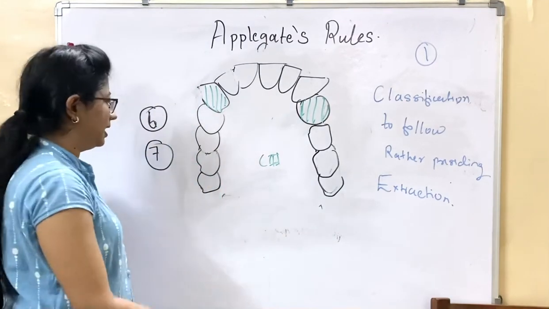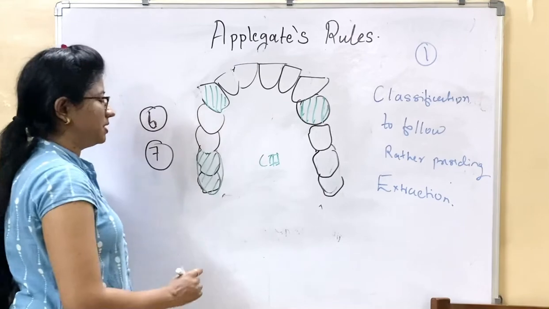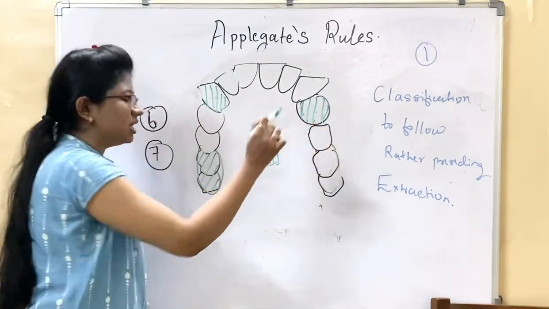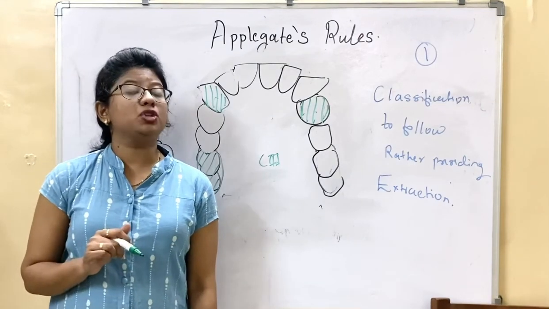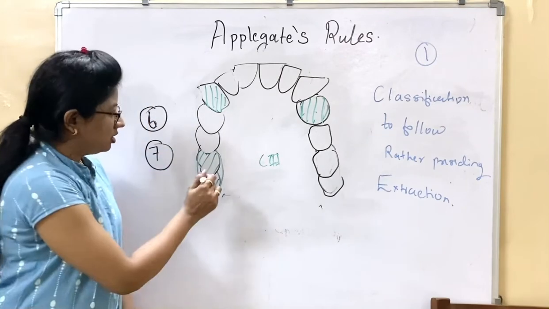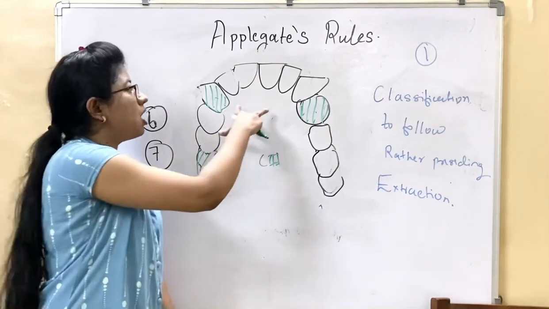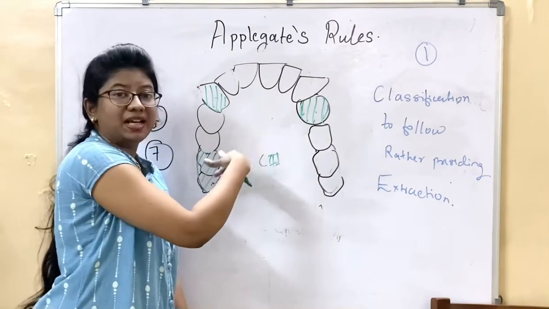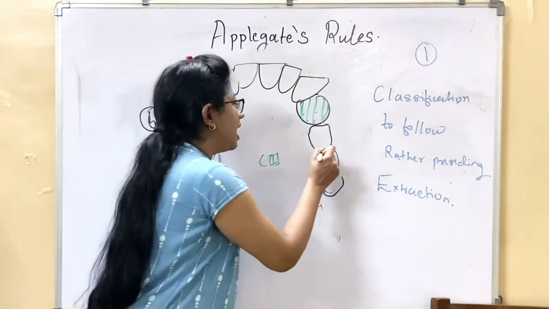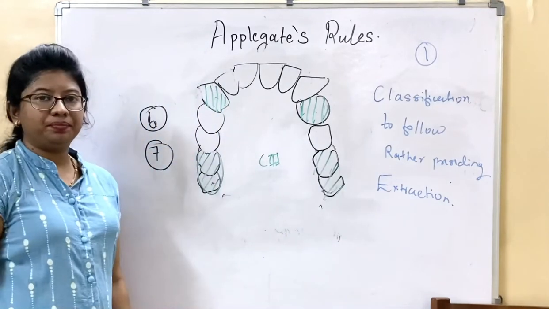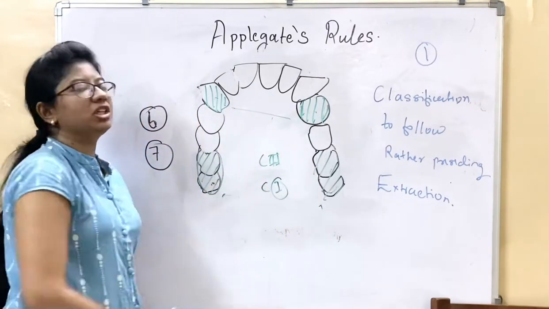But for example, if there is one more edentulous space here, the green one is the edentulous space, so there are 3 edentulous spaces, 1, 2, 3. So which class is it? Rule number 5 says posterior most will determine the classification. So this is class 2 because of the unilateral edentulous space, with modification 2. Now this will not be class 3. It will be class 2 with modification 2. For example, now if these two teeth are missing, which classification is it? It will be class 1 with modification 2.